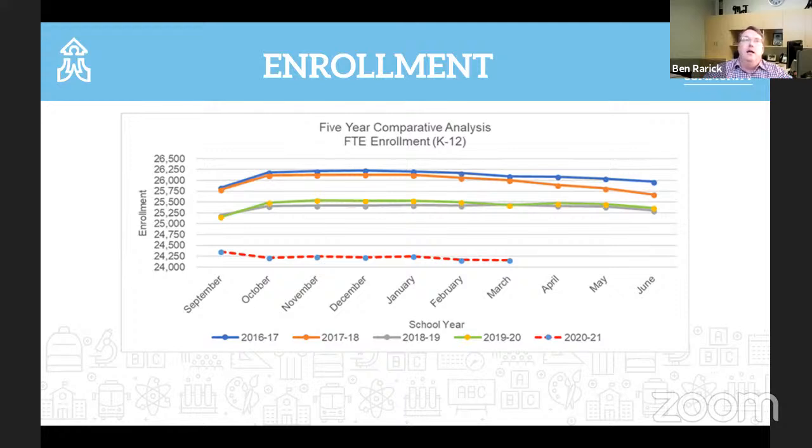So when I look at this line in May, I want to see it in a geometric rise up, because that'll tell me, okay, is the opportunity to engage in person influencing the decisions of families to send their kids back. So I give you these monthly, and you get the financial updates in April and May. This is going to be an interesting line to watch.